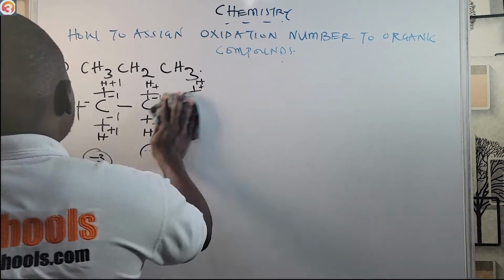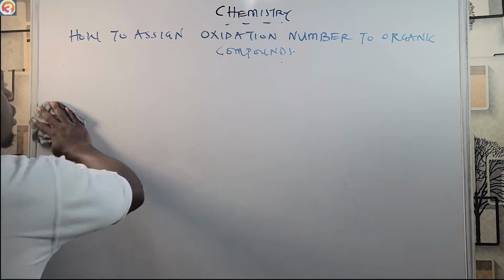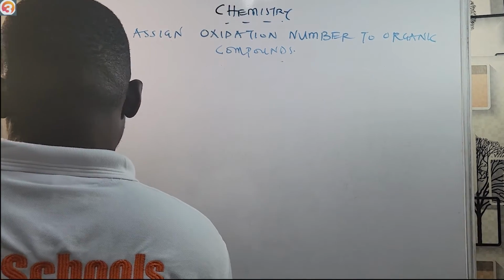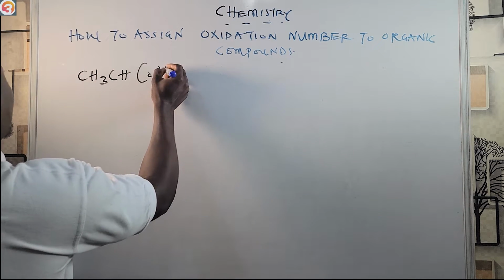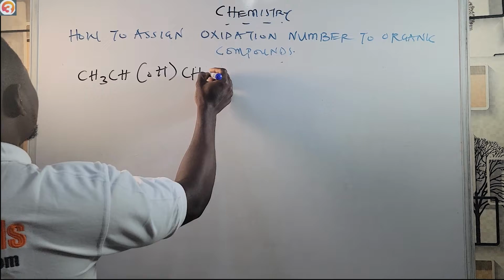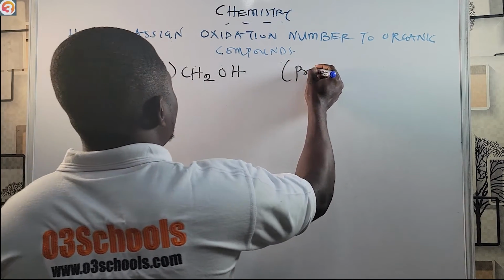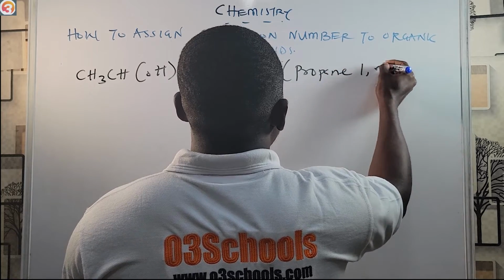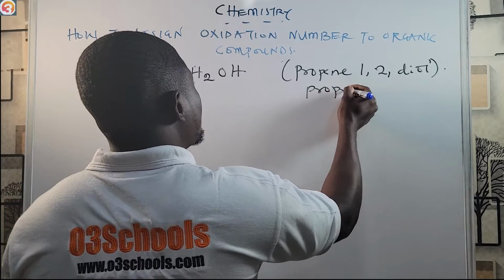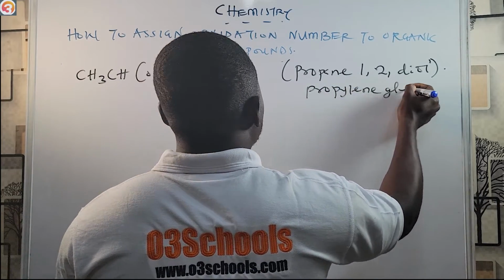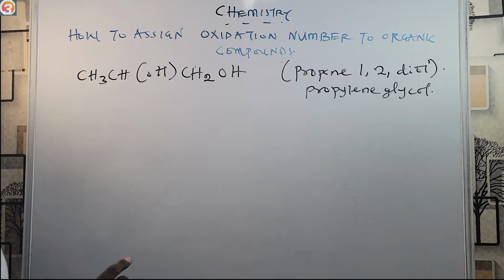Let's see another one. Let's see propane-1,2-diol as another example. Let's say we're having CH3CHOHCH2OH. Right, this is called propane-1,2-diol, or we also call it propylene glycol. All right. So we have something like this down, and then we want to determine the oxidation number for